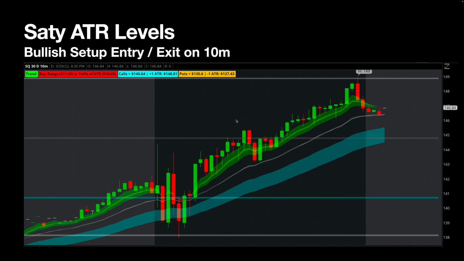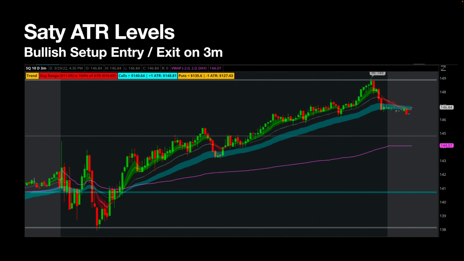So that's the 10-minute. Now let's see. You know, let's say we saw this big candle and we're like, all right, now we're getting excited. It's going above. We're looking at the tops of these two wicks to see if maybe we can get past that and we start to ride the 5/12. But, you know, as soon as it breaks here, maybe we decide, all right, time to go to a lower time frame and see what's up. So this is the